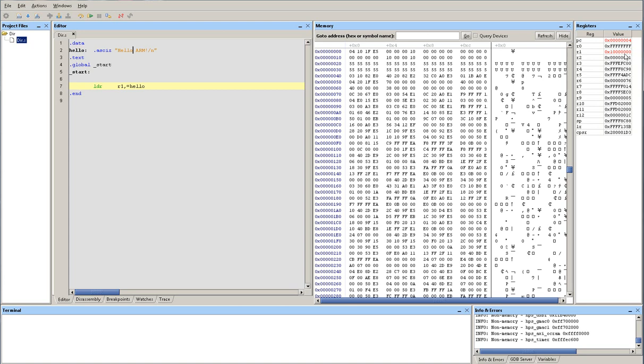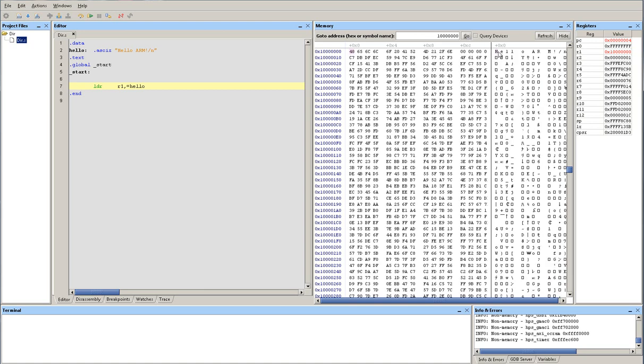R1 is 10000000. To verify, I'm going to type that address in this box. So I have 3 zeros and then 4 zeros: 1, 2, 3, 4. Click on Go. And then I see here is my message, hello ARM. And that message is now starting at 10000000. Okay, so the Intel FPGA monitor program allows you to adjust the starting address of specific directives,